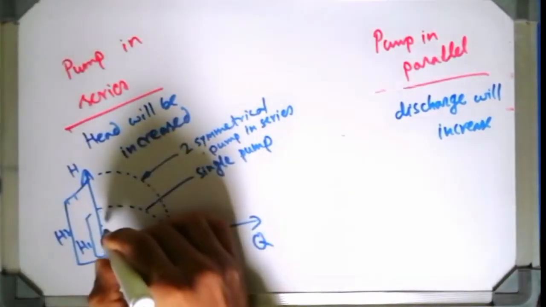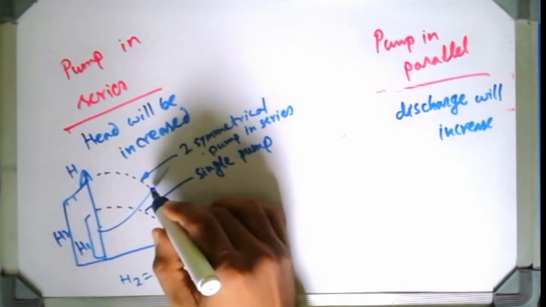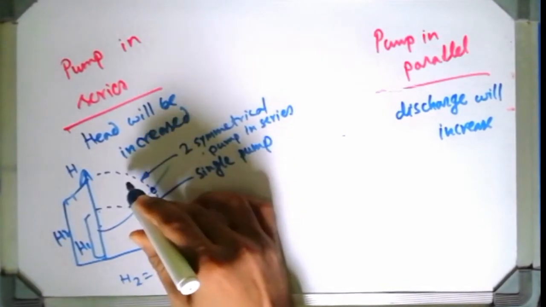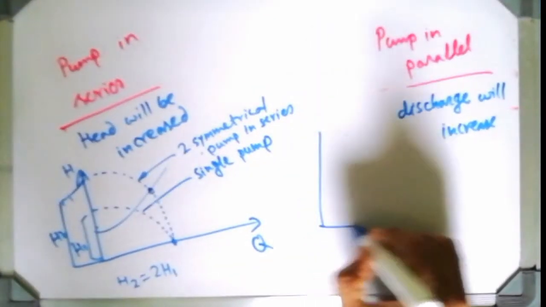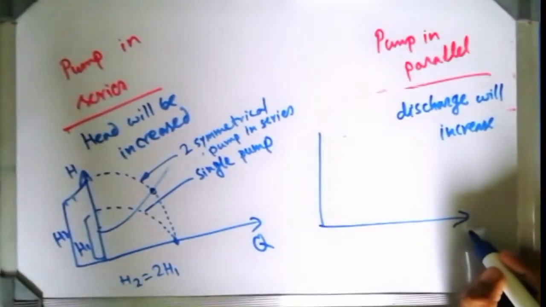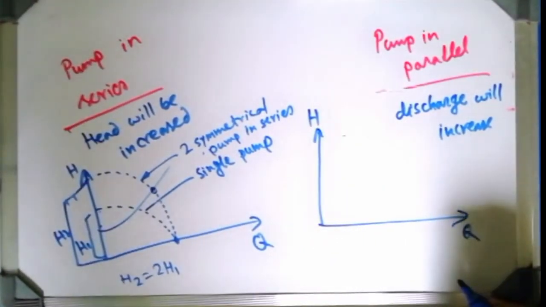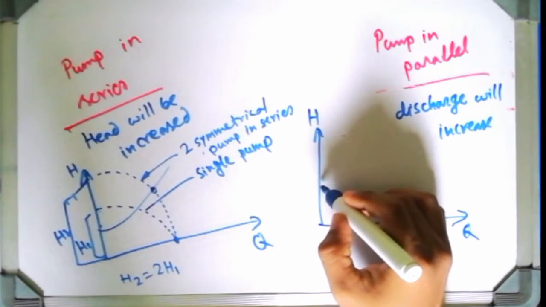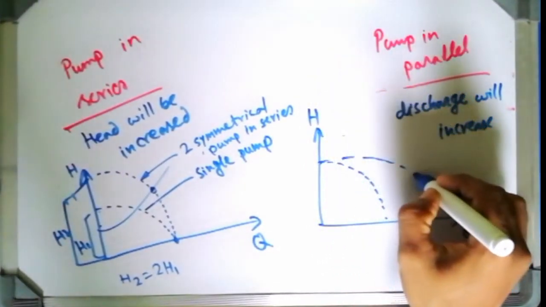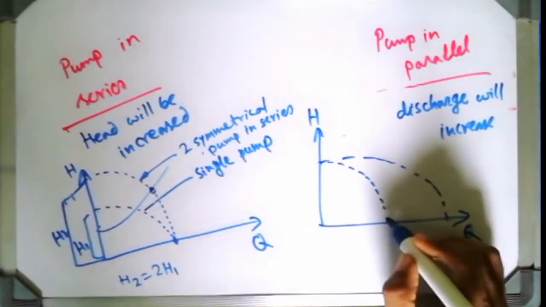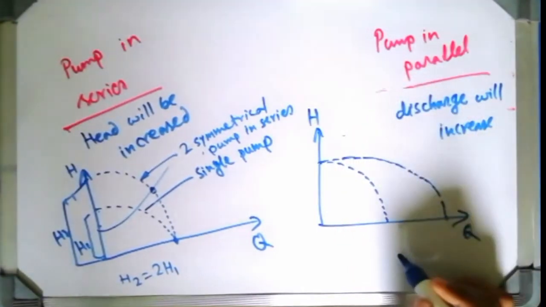Okay, here also if you draw the system characteristics curve, you can get the operating point. This will be the operating point for this series pump. This is the system characteristic curve. Similarly, if we draw the plot for parallel connection also, then the discharge will be, so this kind of plot you will get. Here also I am considering both the pumps as geometrically similar. It may not occur, it is not necessary.